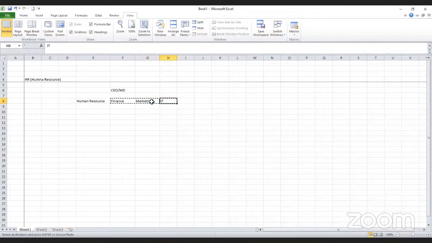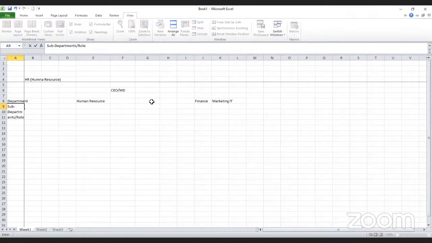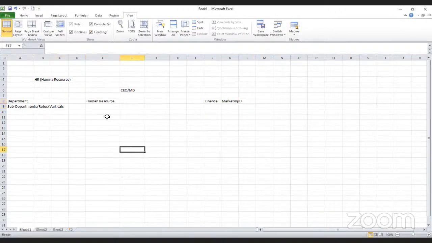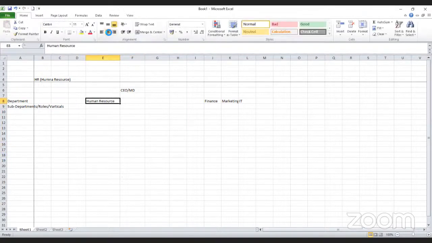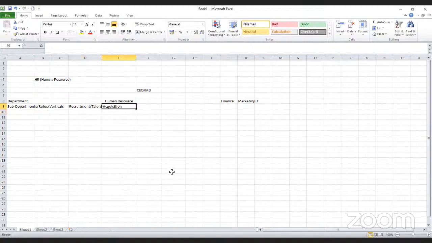Now, if you talk further about this human resource, under it too we can find sub-departments, or roles, or verticals. Which roles do we have in a company under the HR department? The very first one is recruitment, or you may call it talent acquisition. Another operative role or department under HR is general administration,